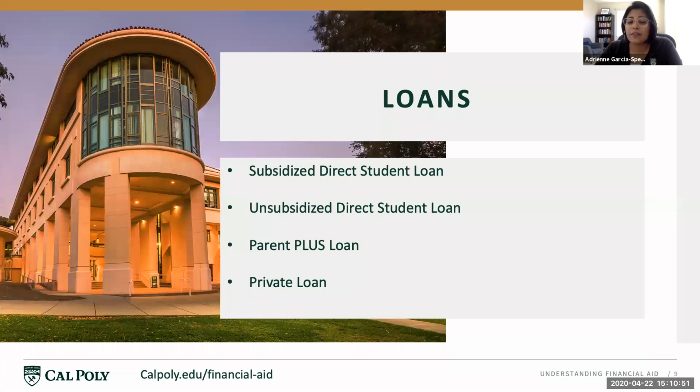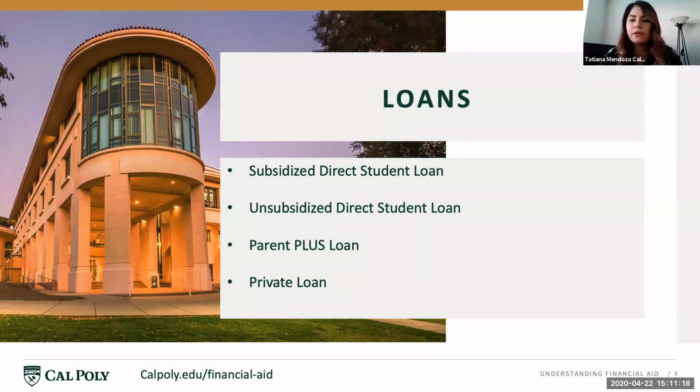Another loan option we have listed here is the Parent PLUS loan. This loan is a federal loan borrowed by a parent. A parent must apply for the loan at studentaid.gov after June 1st. If a parent is denied the loan, or is ineligible to even apply for the loan, a student may be offered an additional unsubsidized loan of $4,000. The interest rate is currently 7.08%, but that is of course subject to change for next year's loan.